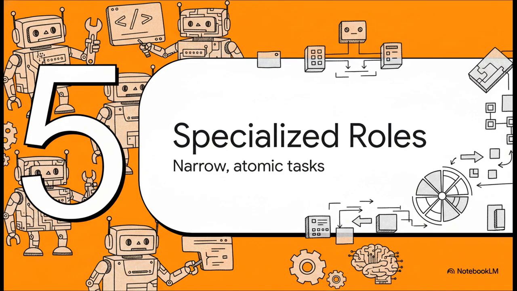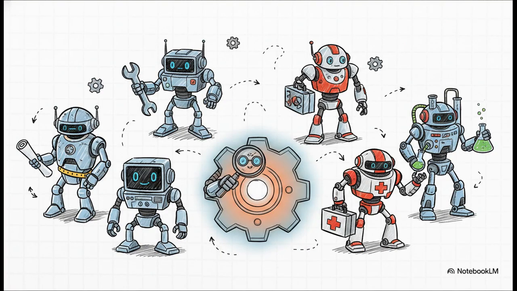Next up is Section 5, Specialized Agentic Roles. Why we need narrow atomic tasks. Look, monolithic agents given broad instructions inevitably lose focus the second their context windows overflow. ACE solves this by assigning very narrow tasks to distinct personas. Your new digital workforce includes an architect for planning, a developer for execution, a QA engineer for testing, and an incident responder for bug fixing. It operates exactly like a highly disciplined human engineering pod. By dividing the labor, you ensure system integrity isn't suddenly compromised by an overwhelmed, confused AI.